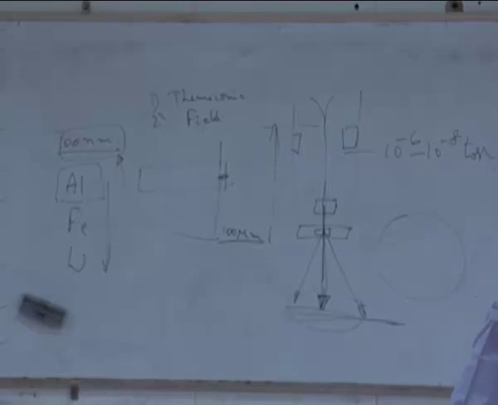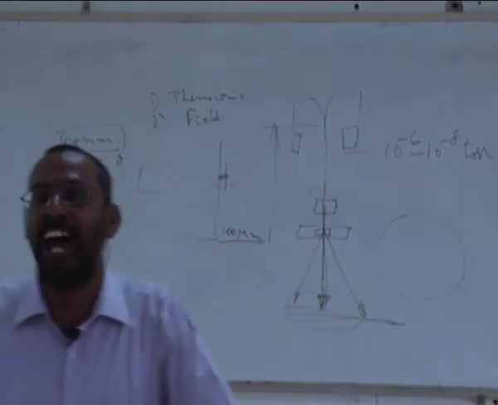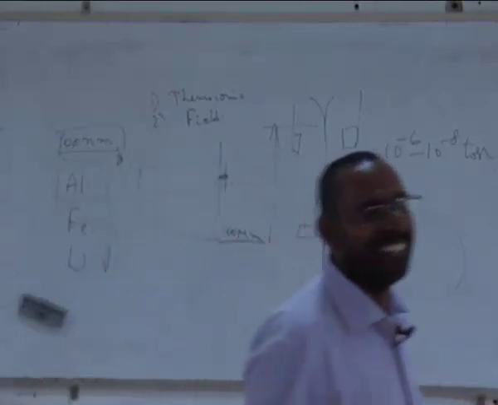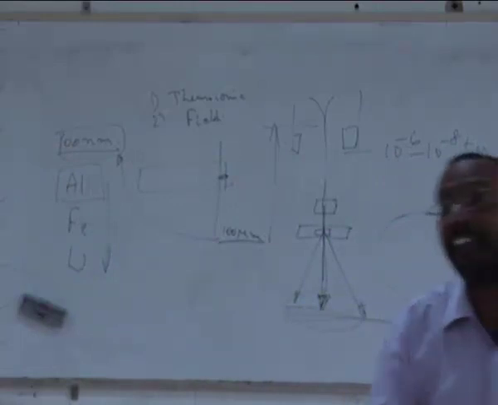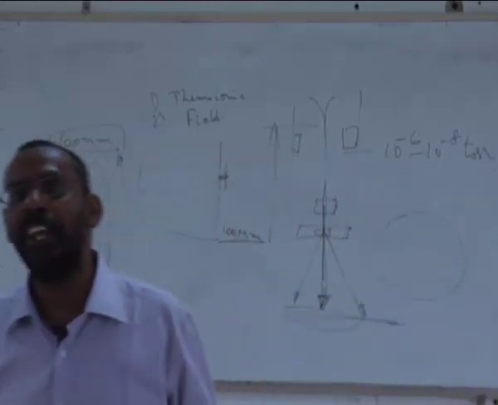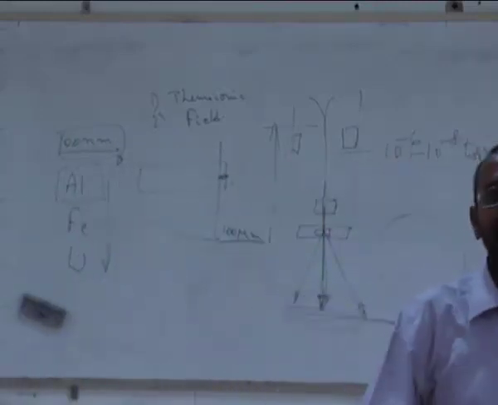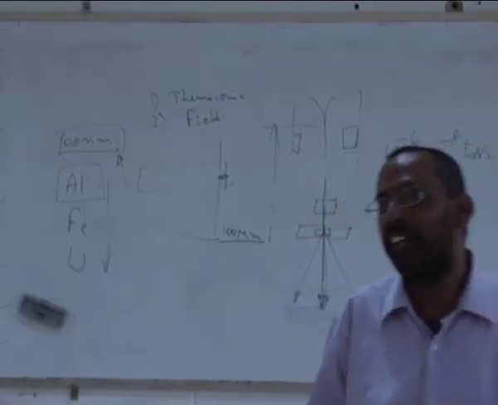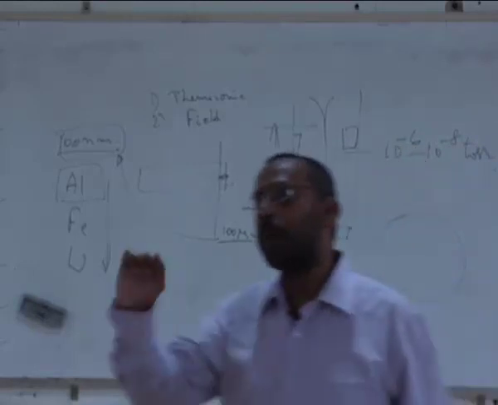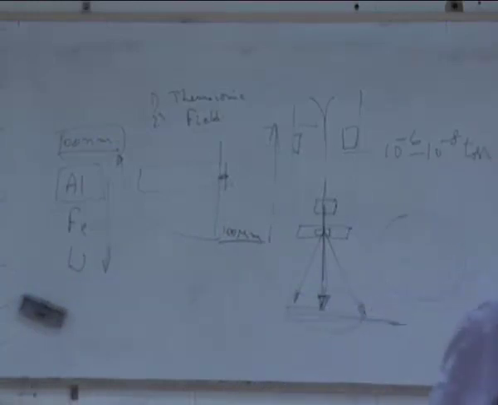Your microscope is bad, she said. So I used to say, the microscope is like garbage in, garbage out. What you put in is only what you see. So it does not create anything. TEM cannot create dislocations inside your sample. So then I asked her exactly how she prepares the sample. That is when I realized that their cutting machine cannot prepare any sample thinner than 500 microns. 0.5 millimeter is the smallest thickness that they can get. And from that 0.5 millimeter, they do polishing on a belt grinder to bring it to around 100 microns. And obviously, you introduce a lot of defects. So these are the things one has to be very careful about.